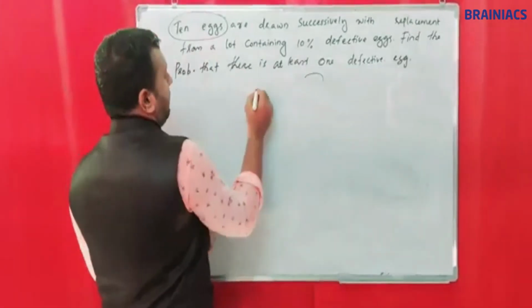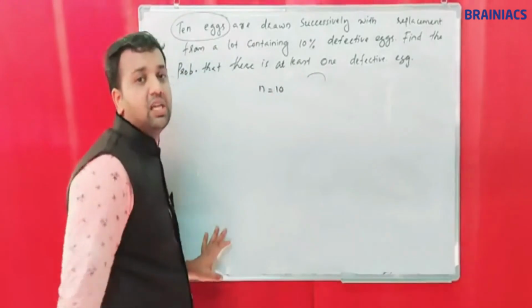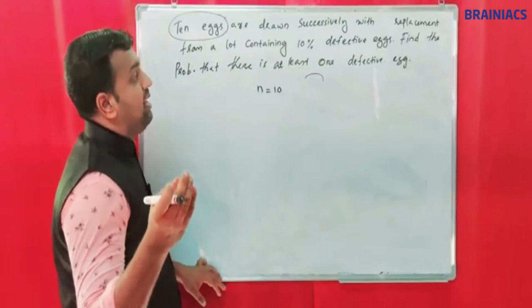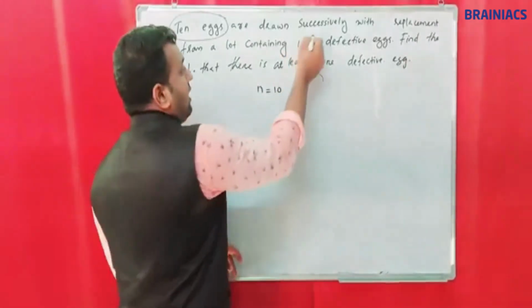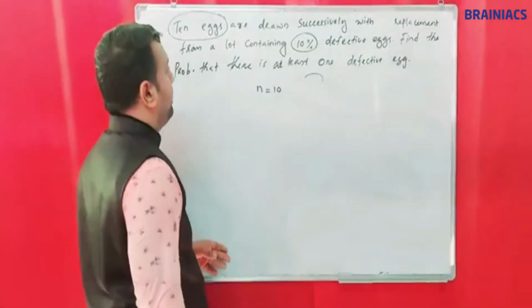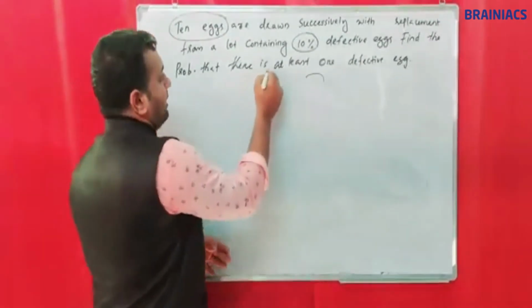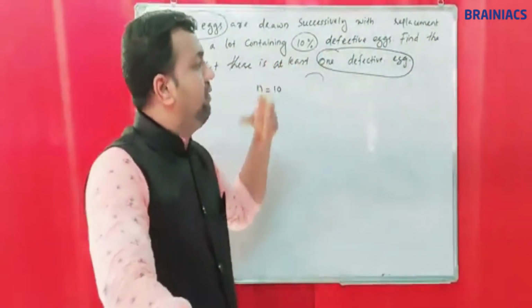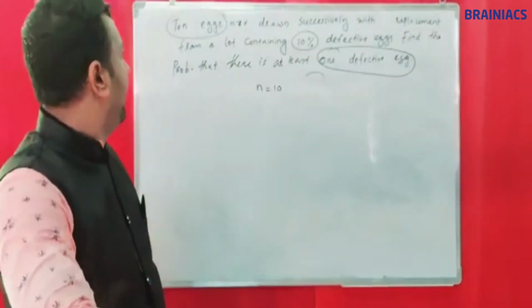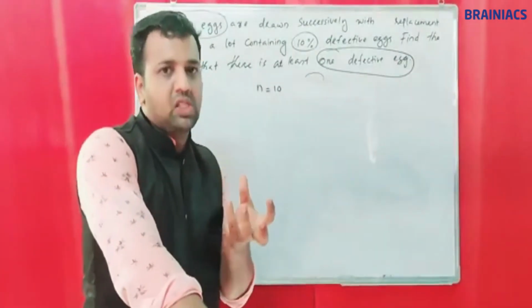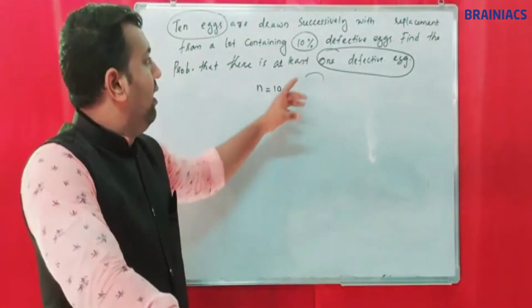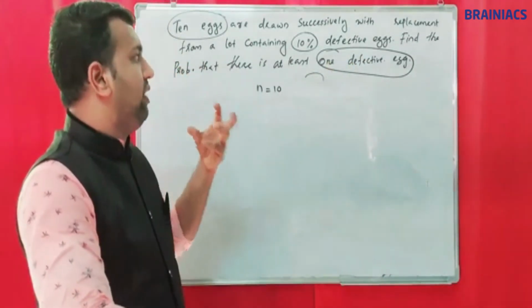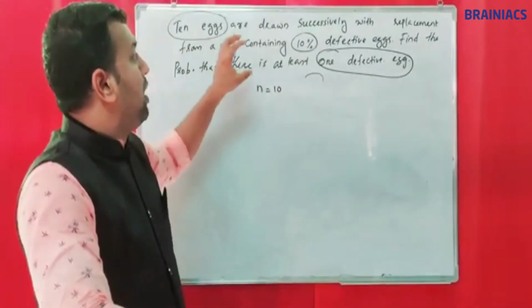So the number of trials n is equal to 10 here, and the lot contains 10% defective eggs. This is the clue. And find the probability that there is at least one defective egg. So we have to take a defective egg from the lot. Lot means box or bag or basket. A lot. And we have to take one defective egg, and the probability of taking a defective